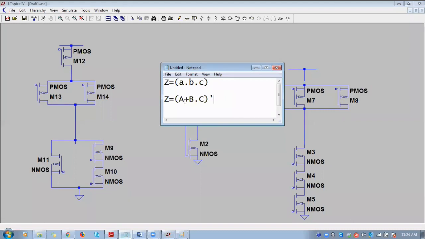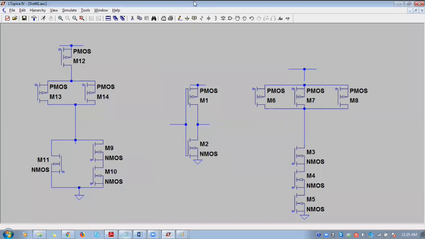Sometimes in some questions you may get equations with some bar inside the variables also. At that time, what you can do is, for example, this is what we have drawn for A, right? So instead of giving A, you can give A bar. Explicitly, it means that the A is obtained from an inverter. So if you want to elaborate, you can draw an inverter separately, apply A, and that A bar can be supplied here. That you can also provide, but that is not necessary. That's all about CMOS design.